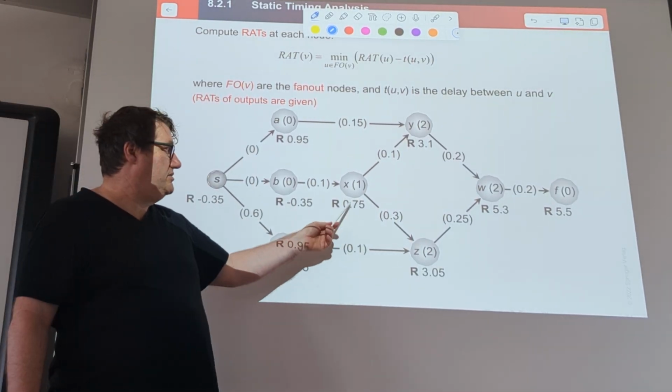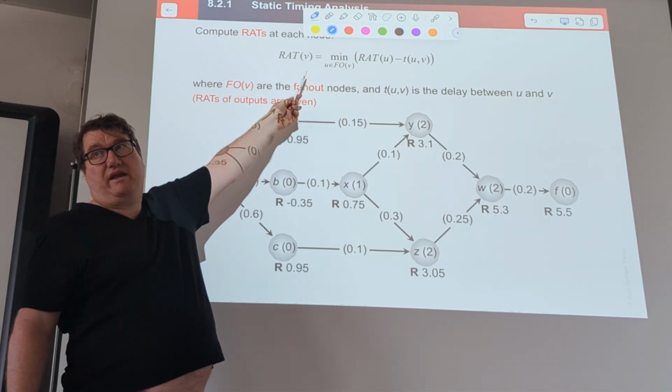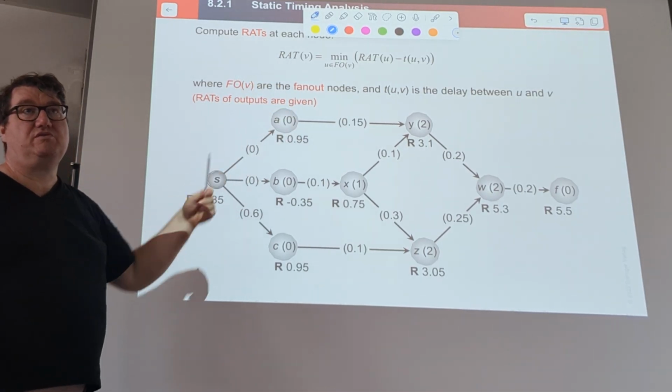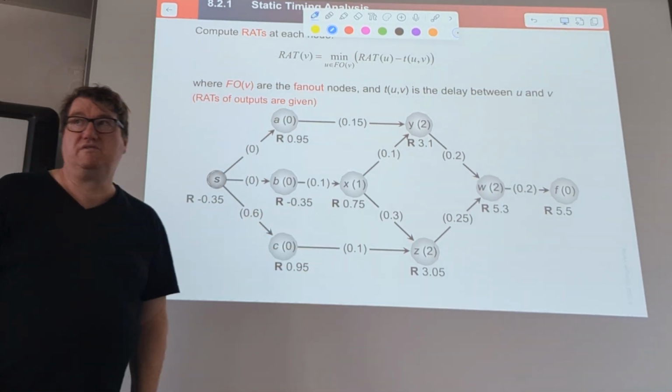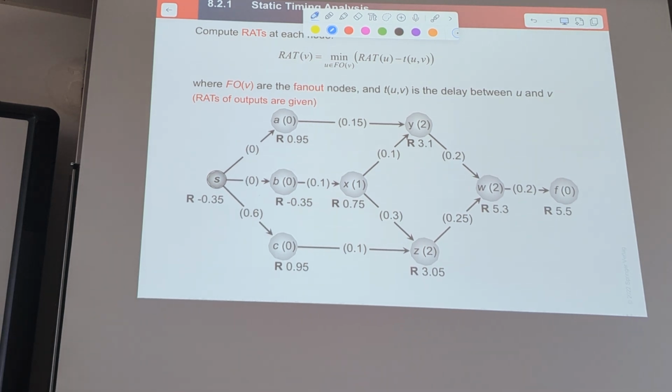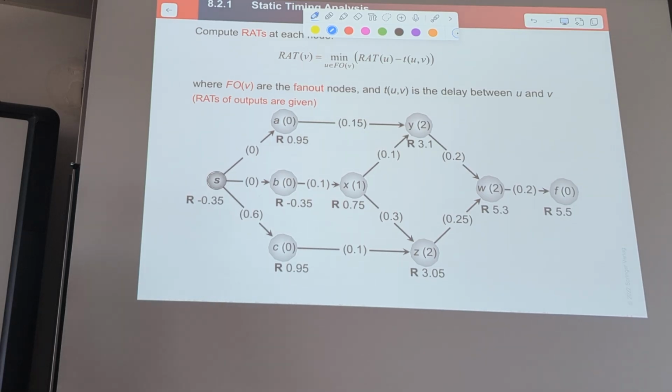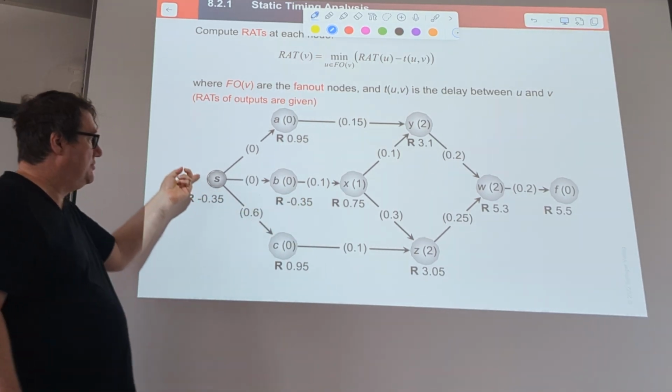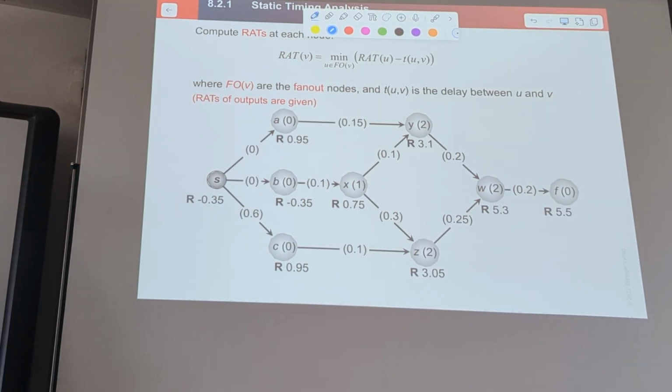So that's why you have to take the minimum. I mean, it's mentioned here that you have to take the minimum, but the reason is you want to achieve your required time at the end. So that was the critical thing. So from that you can compute back, and you could say, okay, it would be still okay,